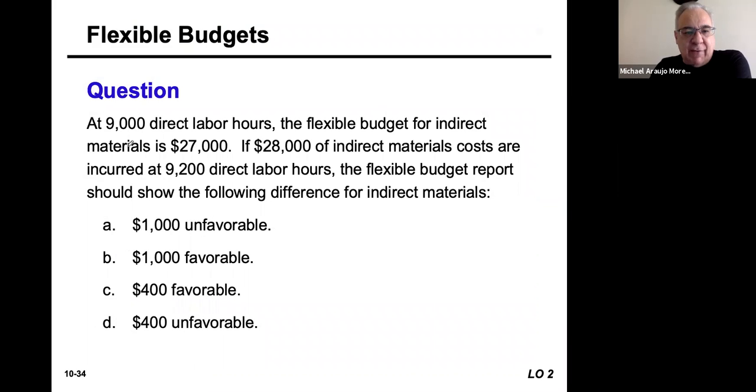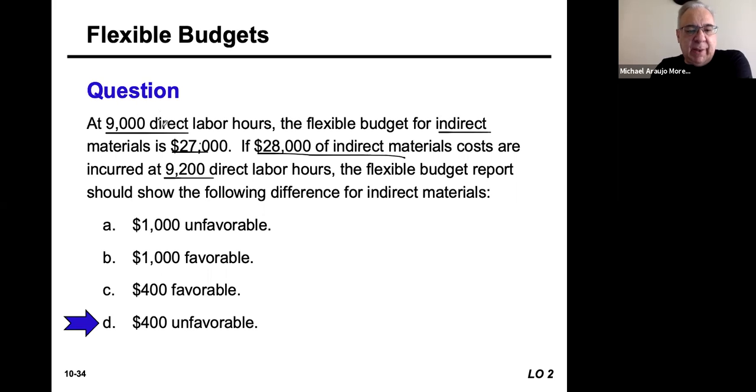All right, so here we have just a general question here. At 9,000 direct labor hours, the flexible budget for indirect material is 27 grand. If 28,000 of indirect material costs are incurred at 9,200 direct labor hours, what would the flexible budget report? Well, in this case, the direct labor hour would be 3, if I'm not wrong. So 27,000